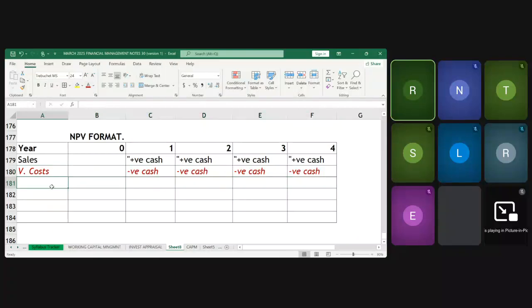Relevant fixed costs, we'll talk about relevant costs. Relevant fixed costs are also negative, negative costs, right? If we are going to talk about relevant